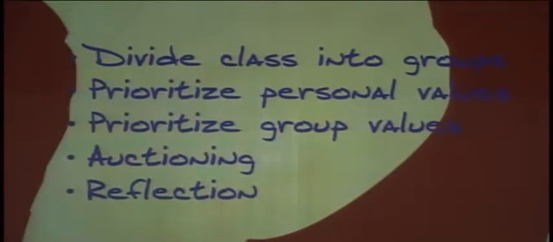Values auction was devised to help my students clarify their values. Would you refer to your book on page 214? There is a values list. Students will be given the values auction as a handout, and individually they will go over the list and choose their top 5 values. And then they will prioritize their values. Then they will get together as a group, and as a group they're going to prioritize their group values.